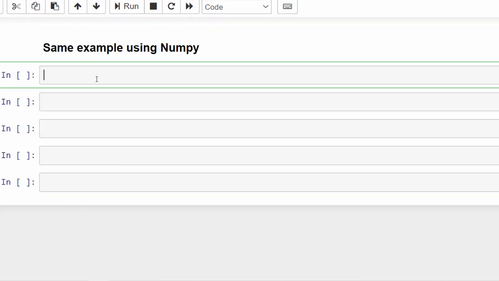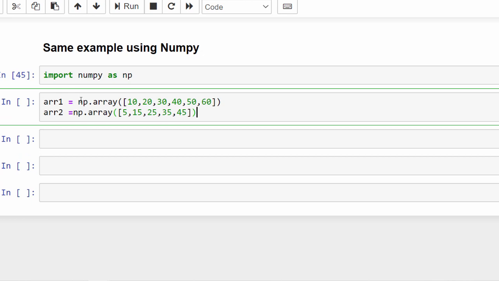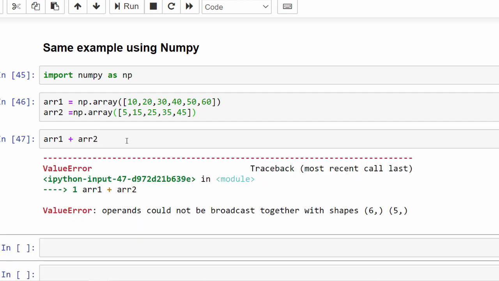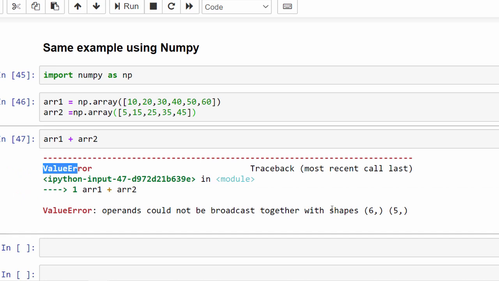Same example we will try to implement using NumPy. So we need the NumPy library. So import numpy as np. Then creating two arrays, array1 with np.array contains 6 elements and array2 contains 5 elements. Now arr1 plus arr2. Just execute, it throws the value error.